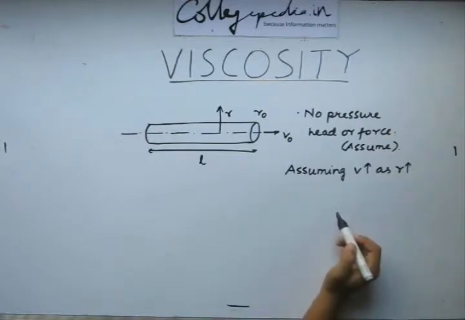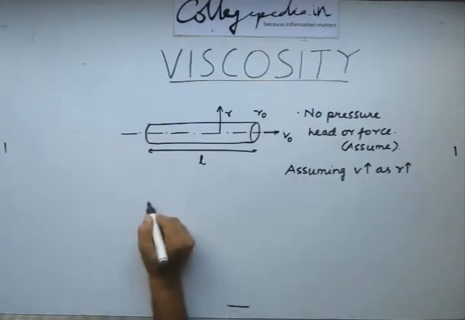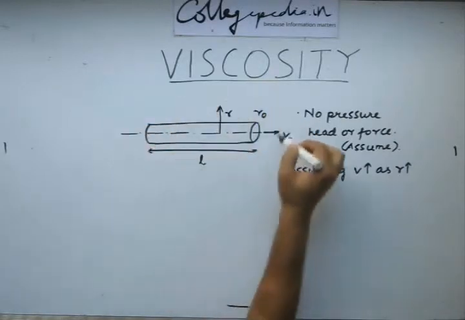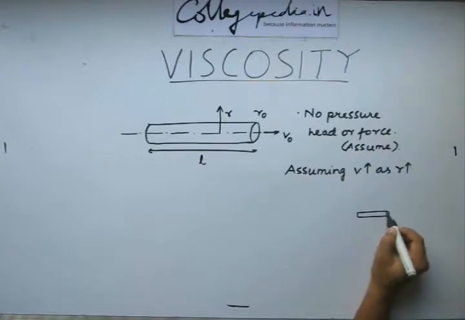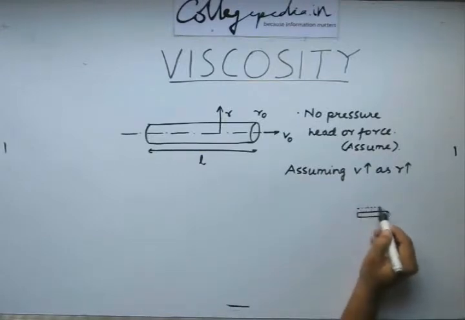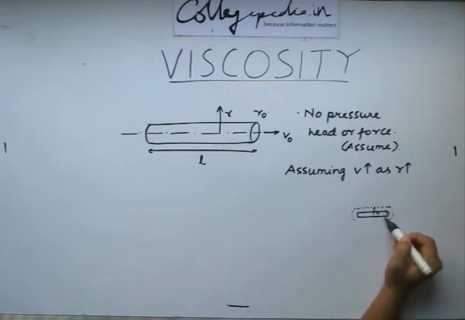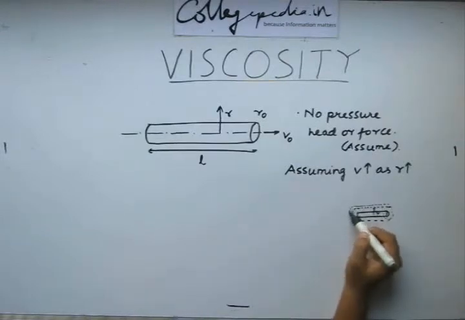Let us write the force balance similar to what we did for the problem with flat plates. If this is the cylinder, then we will have fluid layers surrounding this cylinder. Say the cylinder, I am drawing it on a little bit smaller scale, is like this. There will be some fluid layer at a radius r from the center. This fluid layer will also be cylindrical in shape because we are considering a flow through a pipe. Let us consider another layer right above this fluid layer.